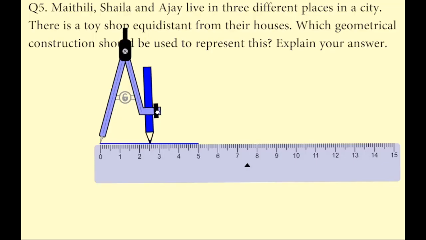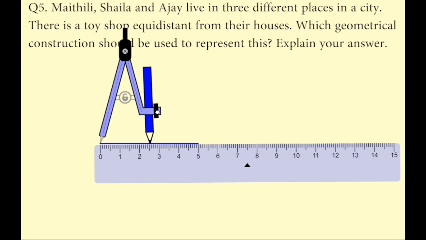Question number 5. Maithili, Shaila and Ajay live in 3 different places in a city. There is a toy shop equidistant from their houses. Which geometrical construction should be used to represent this? Explain your answer. So in this question, there are these 3 people who are living in 3 different places in